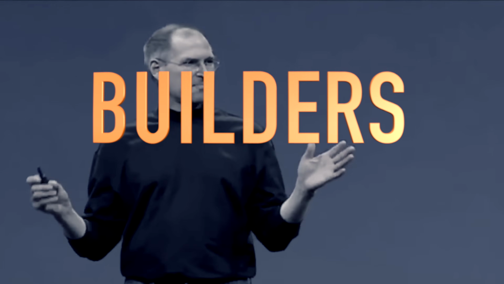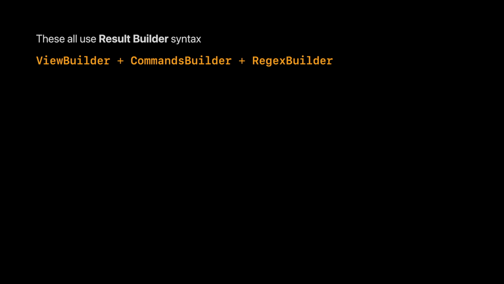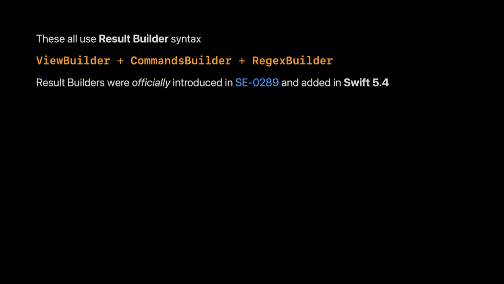So are you getting it yet? These all use result builder syntax. They are all result builders: view builder, commands builder, regex builder. These are not three separate builders. This is one builder. And result builder itself was introduced in Swift 5.4, and it was described in there as